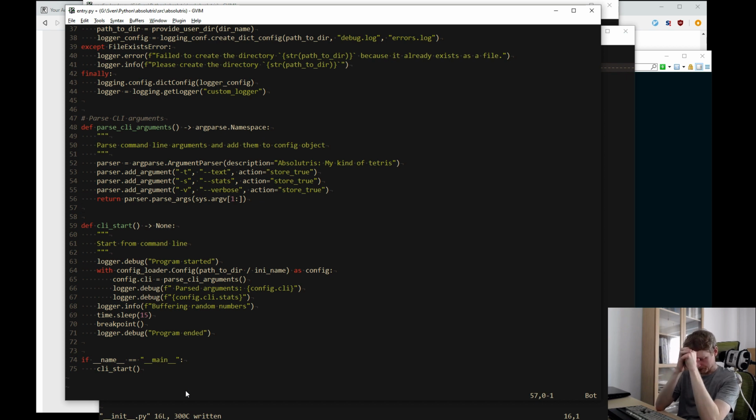Define the tetrominos, maybe? Or define something like the game's general loop. I think the game's general loop will be fine.